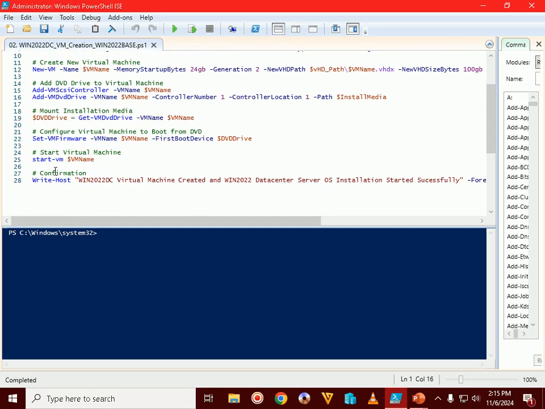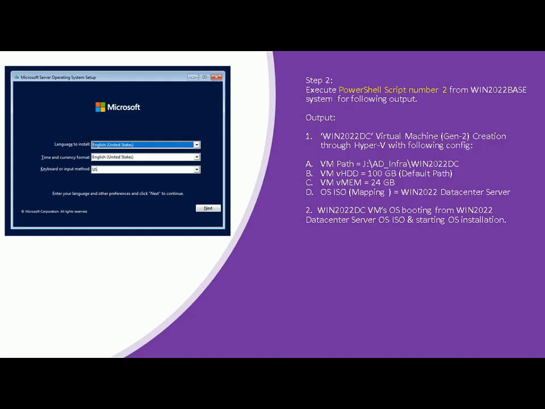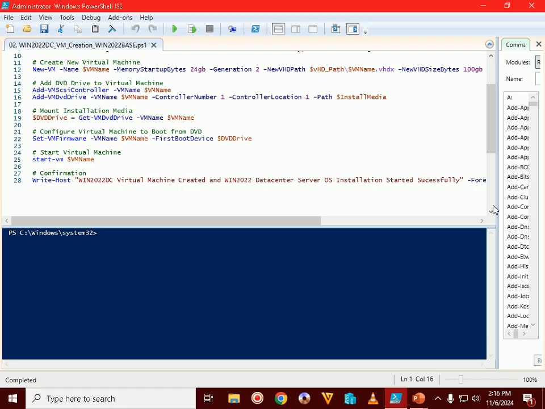So now in a single script I am executing these many steps I have explained. I will be creating a generation 2 virtual machine called Win2022 DC. The VM path will be this, the virtual hard disk path will be this, memory will be 24 GB, and ISO mapping will be our Datacenter server ISO. It will boot from that ISO and start the OS installation also. Now let me execute this script, and we need to be a bit fast because it will